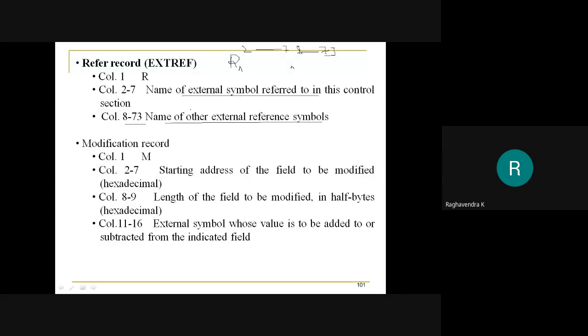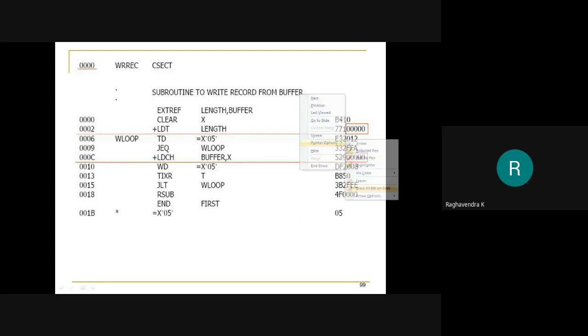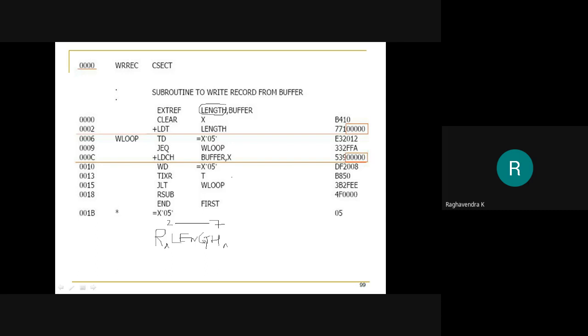Okay, so I'll just show you one more. For example, here we have an external reference, right? So how do we write a refer record? Write R followed by, from 2 to 7, the first external symbol, which is LENGTH. Then you write the second one, BUFFER.